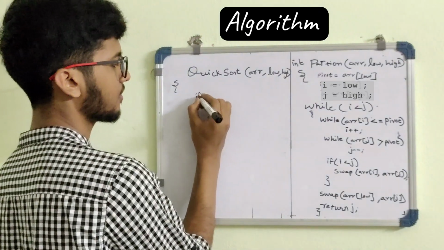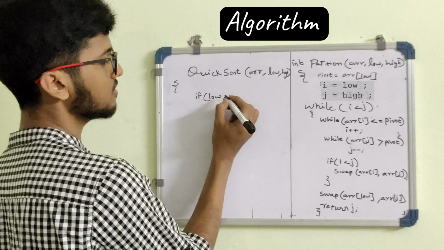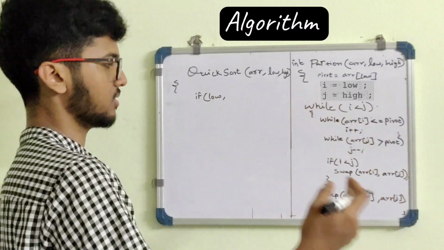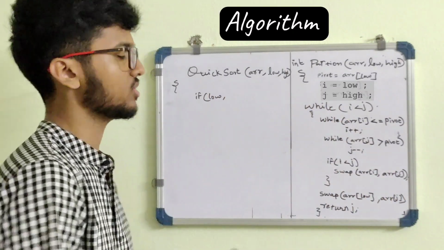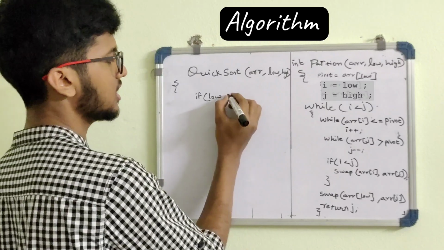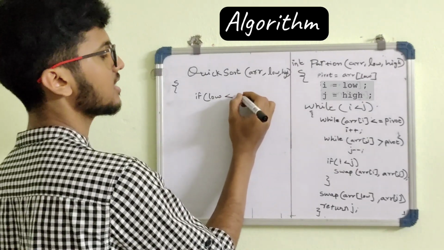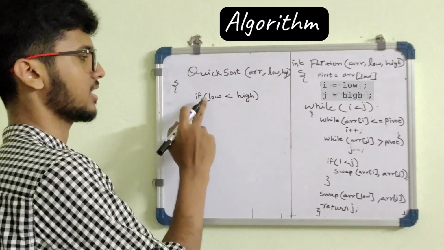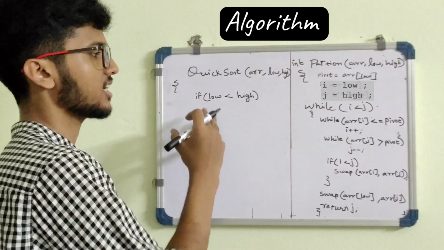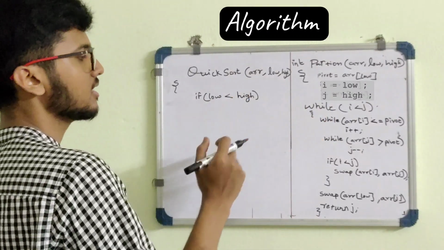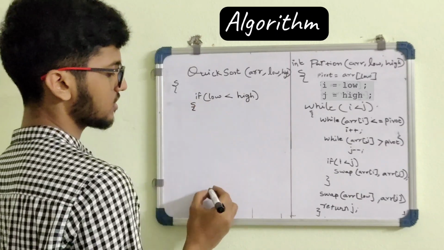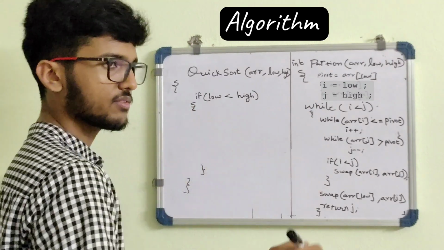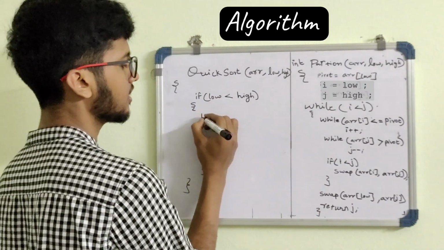As we are doing this recursively, there could be a chance where the lower bound can be greater than the higher bound. So that is what we are going to check here. If lower bound is less than the higher bound, I'm calling it bound, but I'm writing here low and high because I cannot write bound, it becomes too big. Don't get confused. So if and only if low is less than high, I'm going to perform a recursive operation where I'm going to call